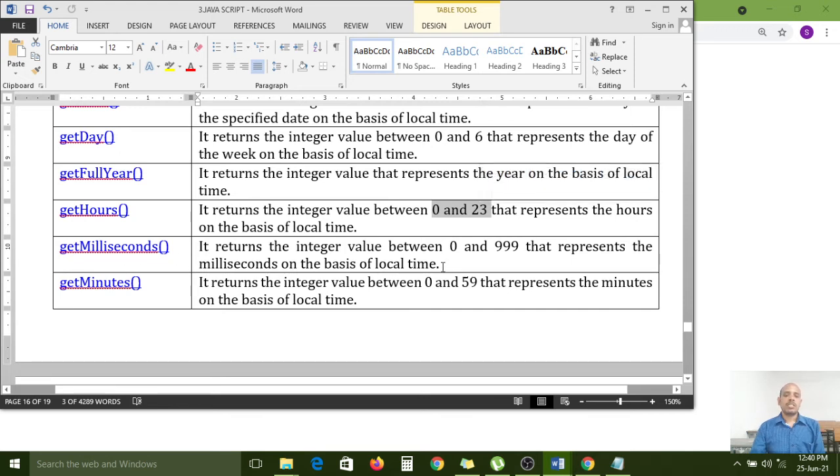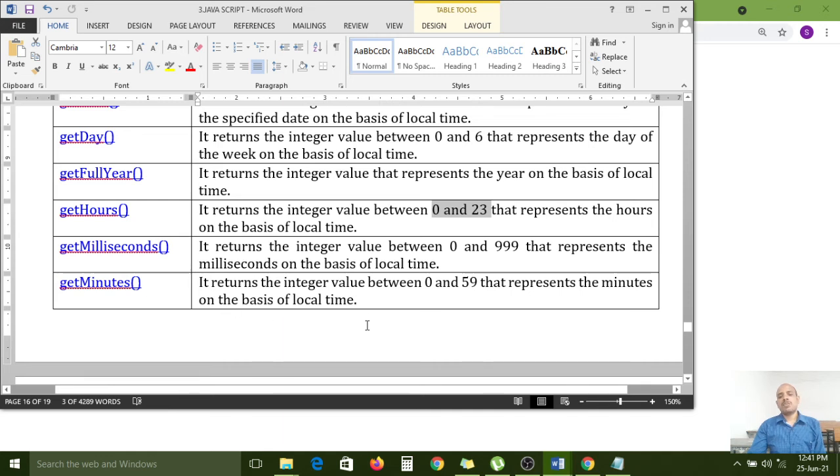Milliseconds also returns an integer value between 0 and 999. Each and every second internally contains 1000 milliseconds, so it starts with 0 and ends with 999. That represents milliseconds on the basis of local time.